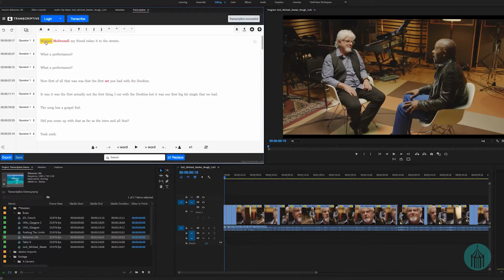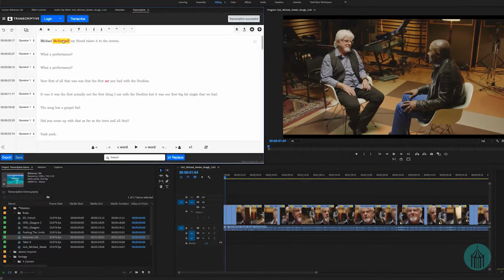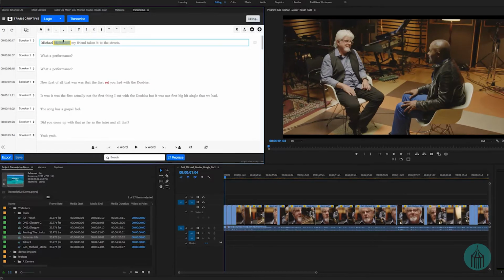So here we are at the beginning of our transcription, and we want to change his name. It's not McDonald, it's McDonald. So let's click on that name, and I'm going to press the Enter key. That puts me into editing mode, as you can see on the top right there. So now it's a word processor right now, so that word is highlighted, I can now just